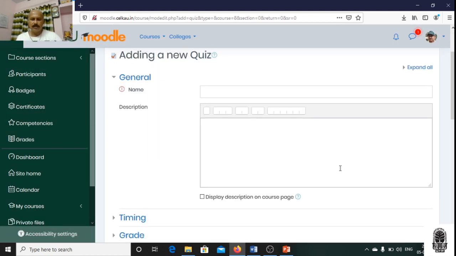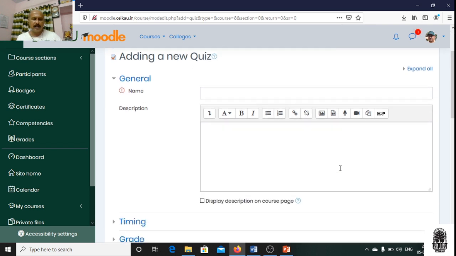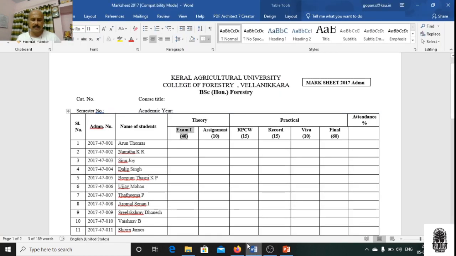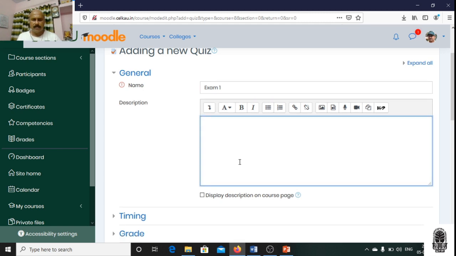So this takes you to a page like this. That means you have to do some work here. So adding a new quiz, let us say that this is exam 1, I can put it here. Okay, that is there.